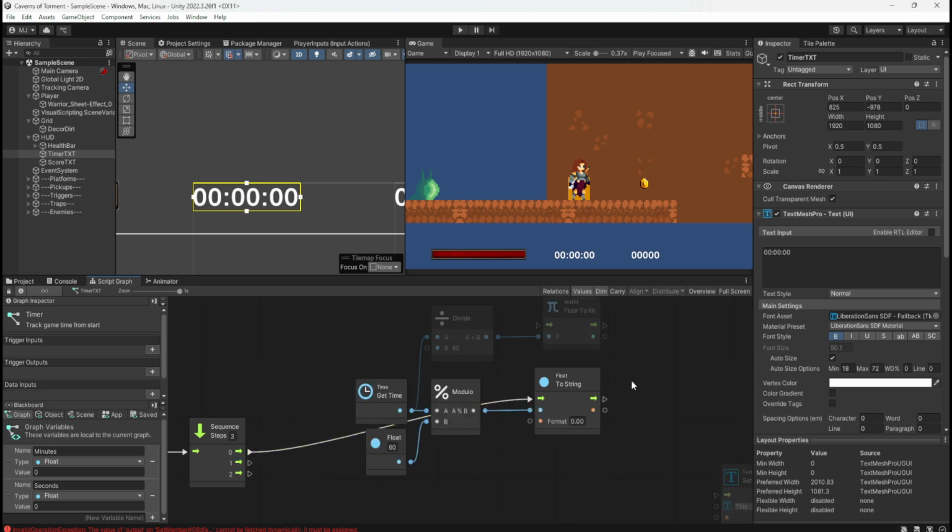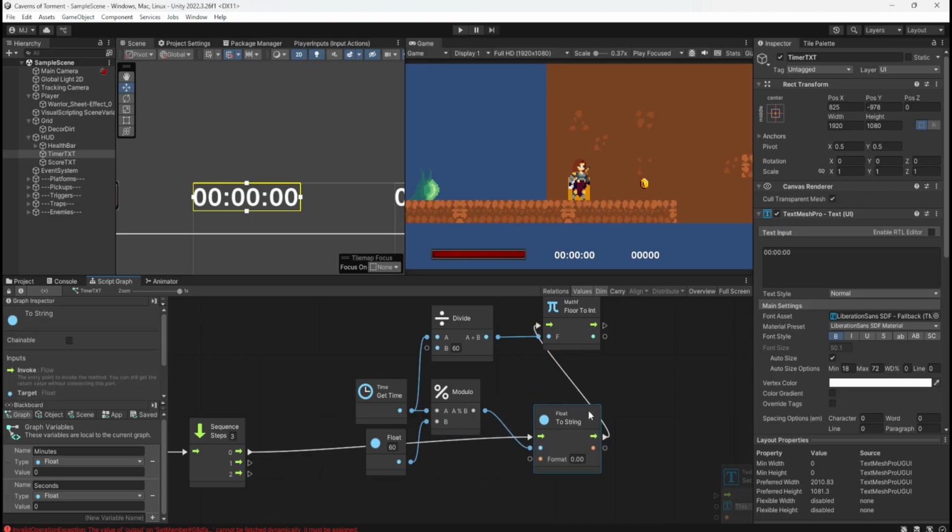Then to floor to int. Oh my god, that is messy.